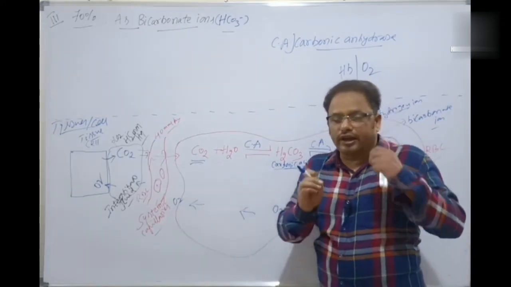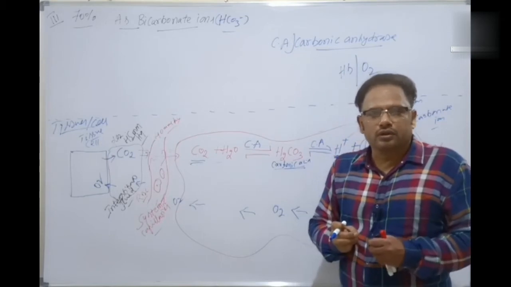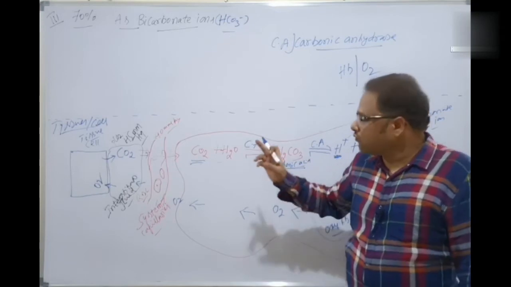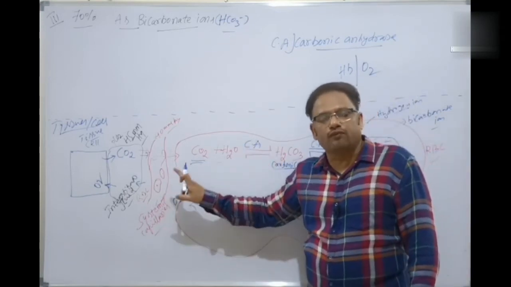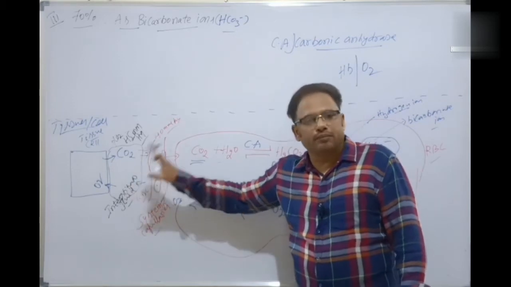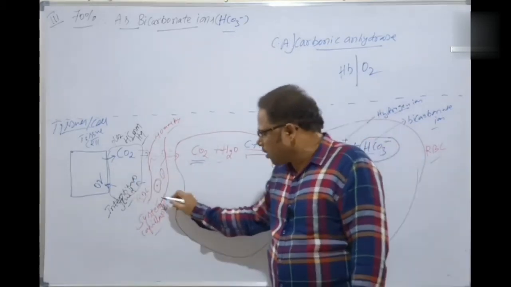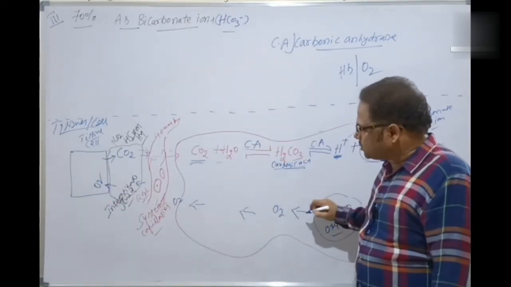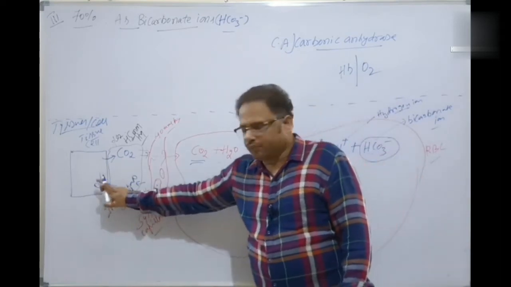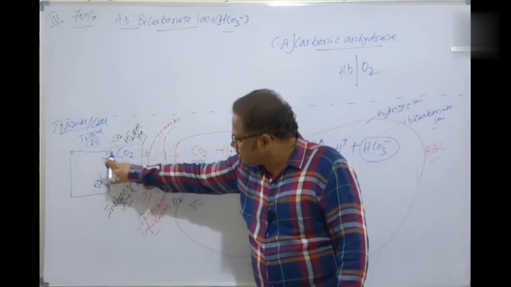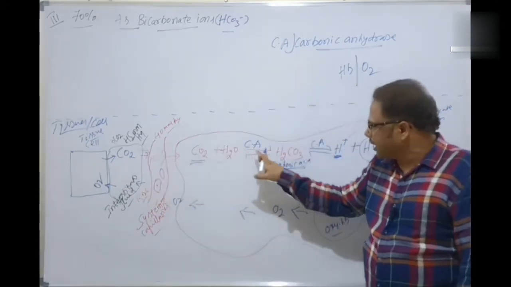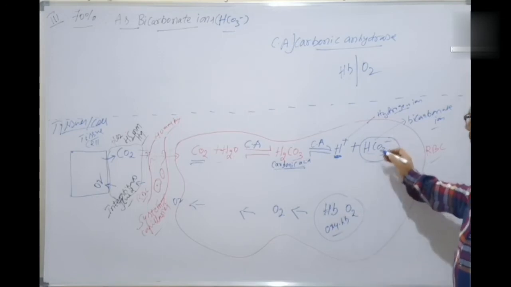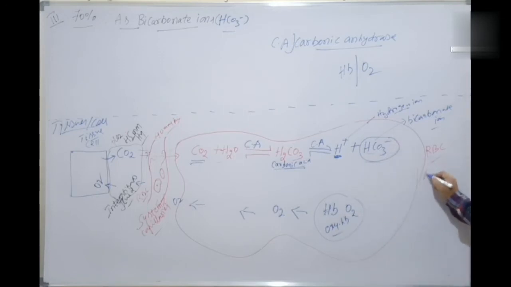Every 100 ml of oxygenated blood contains approximately 20 ml of oxygen, but only 5 ml, that is 25%, of oxygen is actually delivered to the cells for metabolism, as I told you. In this way, oxygen is unloaded from hemoglobin, dissociated from it, and supplied to the cells for metabolism. After metabolism, carbon dioxide is released again and the same reaction proceeds. Is it absolutely clear? So this happens here. Now, what is the Bohr effect? The Bohr effect.